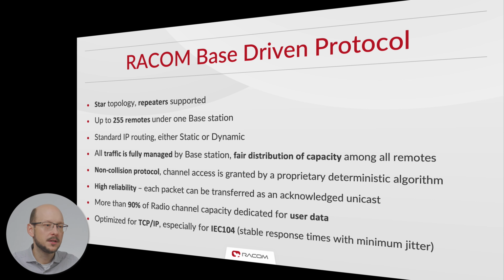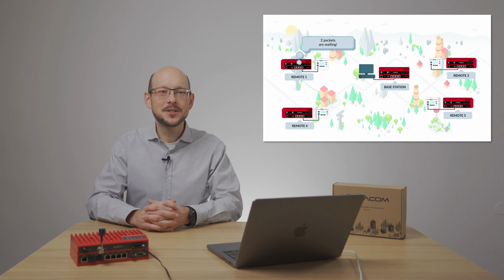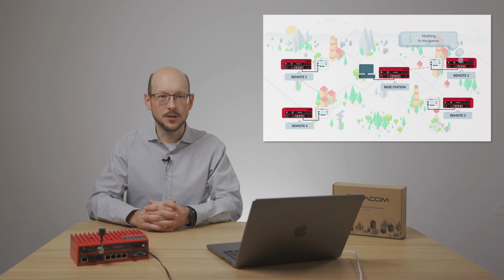Base-driven protocol is designed for star topology with the possibility of one repeater on each link, and it is optimized for medium-scale networks, when any station in the network can communicate spontaneously, typically for TCP/IP traffic. It is also suitable for collision networks, where a remote is not heard by other remotes or different RX and TX frequencies are used. It is possible to use more base stations in the network, but they must use different frequencies or not overlap in radio coverage. In case you're interested in how the protocol works, please watch our base-driven protocol animation here on YouTube.